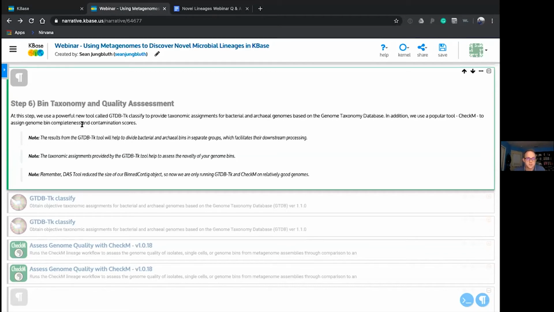And a few notes as you're working through this webinar narrative. The results from the GTDB-TK tool, we're going to use to help divide our bacterial and archaeal bins into separate groups, which will facilitate their downstream processing. Another note, in case folks are not familiar with the power of GTDB-TK, the taxonomic assignments provided by this tool really do a lot to help assess the novelty of your genome bins. It's a safe bet that if they're not in the database that this tool uses, then you have something that